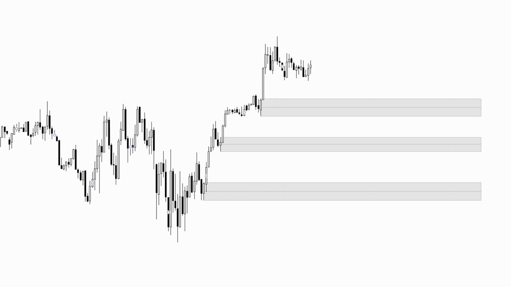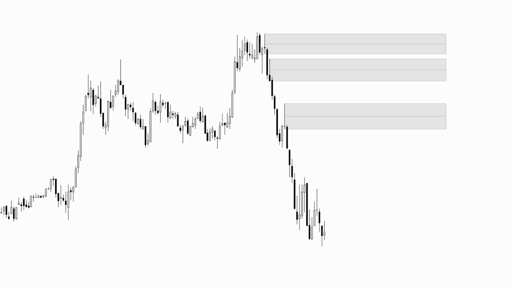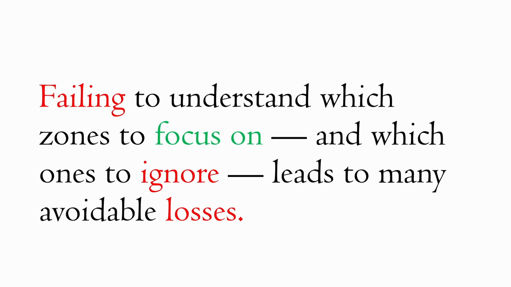One thing many traders struggle with when trading supply and demand or smart money concepts is identifying the correct zone to buy or sell from. In trending markets, price action will often create multiple supply and demand zones, making it difficult to determine which zone deserves the most attention. Failing to understand which zones to focus on and which ones to ignore leads to many